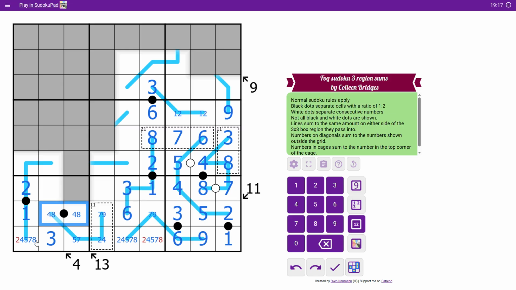Now I've got a 4, 8 pair, so that can't be a 4 or an 8. It's not a 2 according to that, because there's a 2 up there obviously. Now we've got a 5, 7 pair here. That tells us that they're not 5, 7. And that one's not 2, 8, which leaves a 4. That was nicely worked out. And there's an 8. And now that means that has to be a 9 to go with the